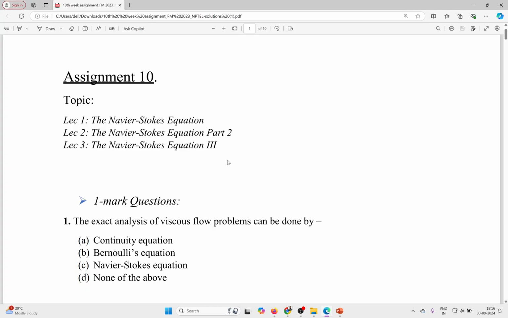So the first question is about the exact analysis of viscous flow problem. We are talking about here the exact analysis. Exact means what here? Let me discuss. So the exact analysis means nothing but,